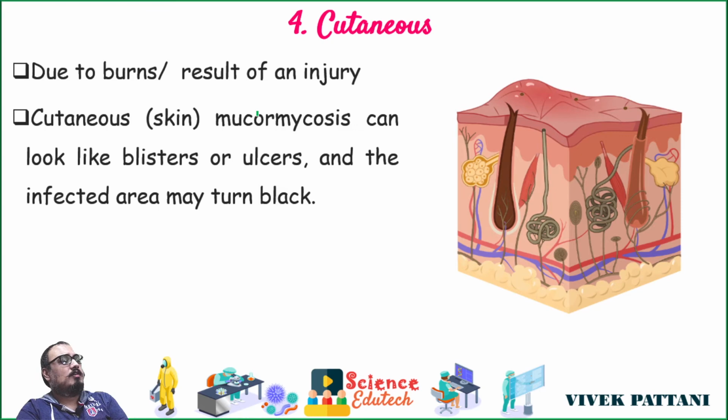In this case, mucormycosis spreads if there is any tissue injury in the skin or burns in the skin. Cutaneous mucormycosis basically looks like blisters or ulcers or an infected area which may turn black. You can search Google for mucormycosis to see what the blisters and ulcers look like. These symptoms also include pain in the blisters in the skin, as well as swelling around